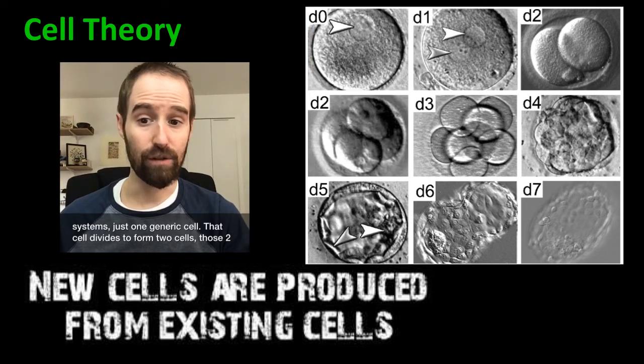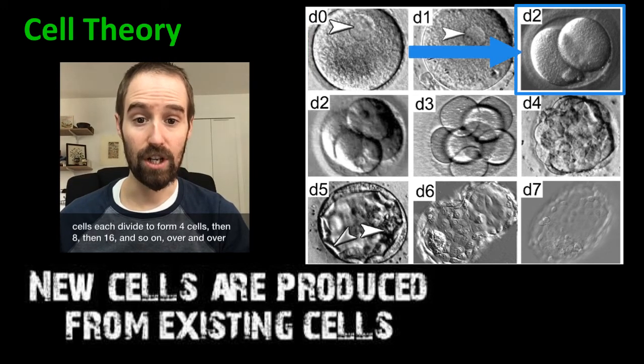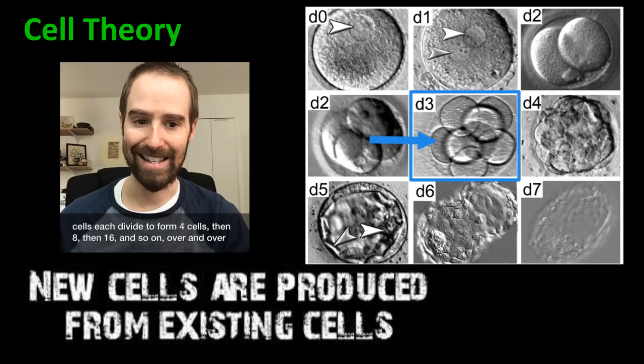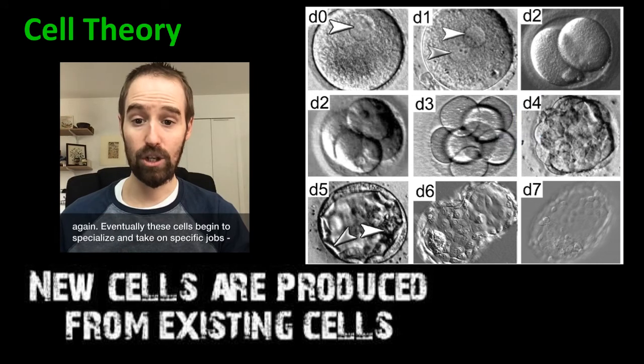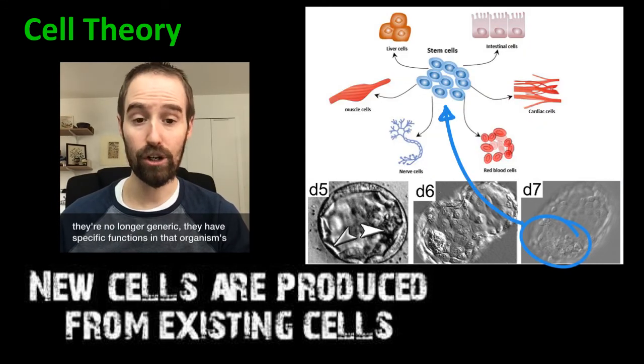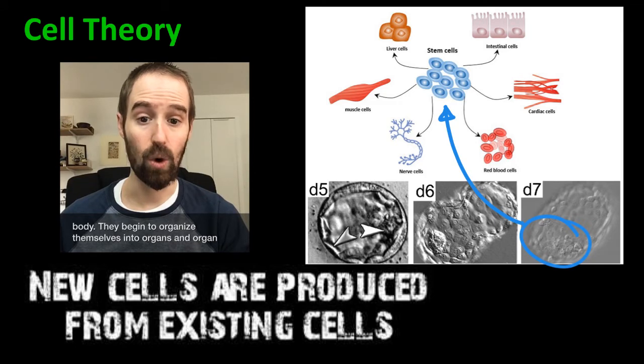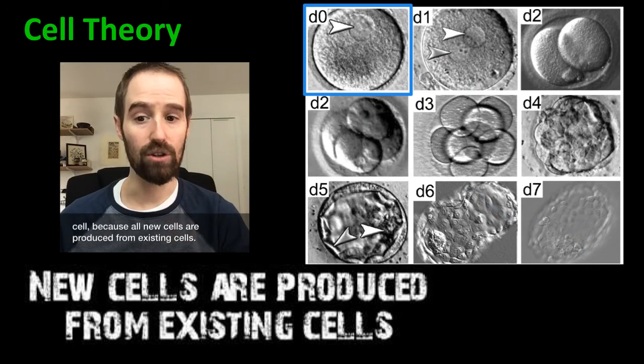That cell divides to form 2 cells. Those 2 cells each divide to form 4 cells, then 8, then 16, and so on, over and over again. Eventually, these cells begin to specialize and take on specific jobs. They're no longer generic. They have specific functions in that organism's body. They begin to organize themselves into organs and organ systems, and those organ systems slowly come online and begin to function. All the cells that make up our body today originated from that one cell, because all new cells are